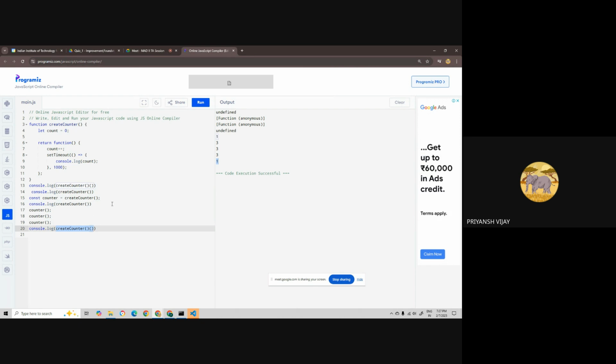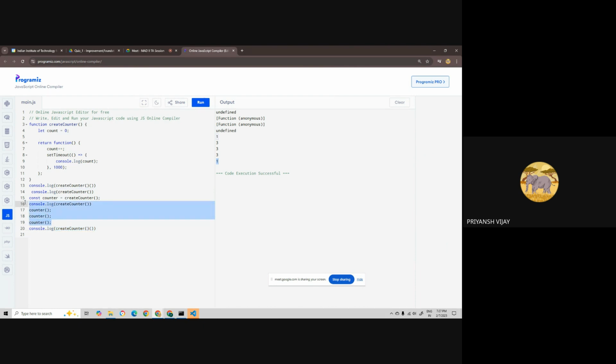It will create a new instance of this function. For all these counters we are using the same instance of counter. Here we are using the same counter instance, so that is why it will access count, and here we are creating a new entry, that is why count will again become 0 and it will become 1. So this undefined is because of